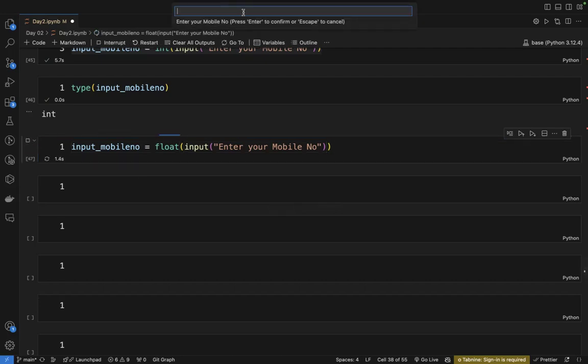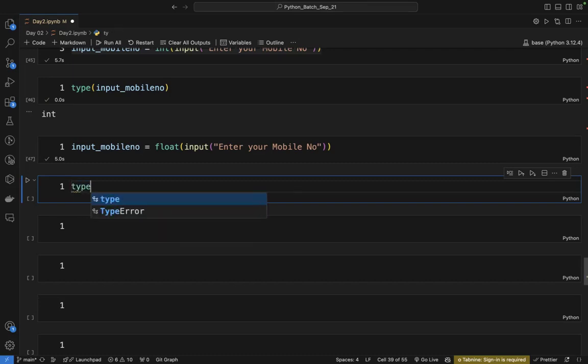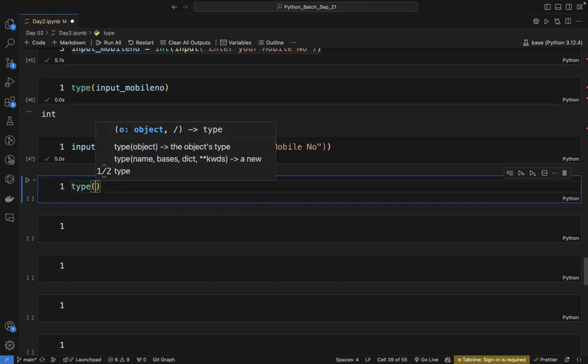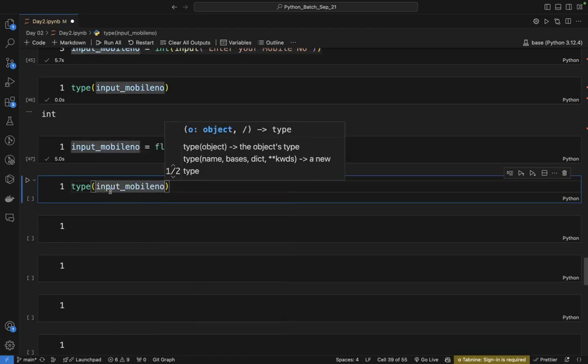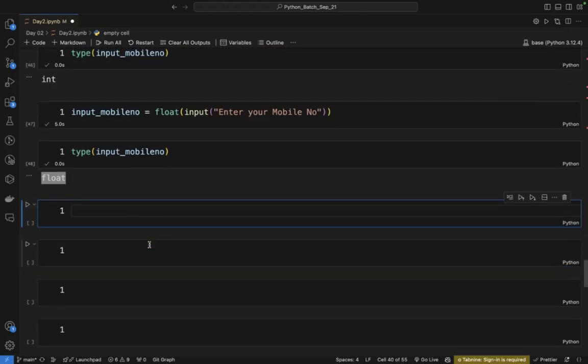Let's take it again, let's write something, fine, let's press enter key. And now check type of input mobile number. Can you see, अब मेरा ये डेटा टाइप क्या आ रहा है, फ्लोट डेटा। तो यहां मैंने क्या किया, स्ट्रिंग डेटा को फ्लोट में कन्वर्ट कर दिया, ठीक है। अब अगर मेरे पास कोई नंबर्स है उसको मैं कैसे स्ट्रिंग में कन्वर्ट करता हूं।